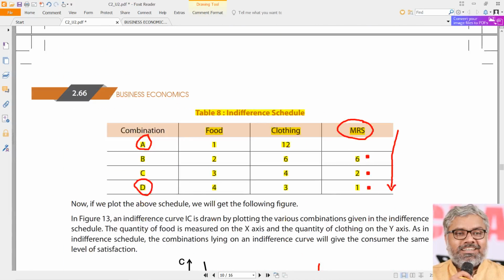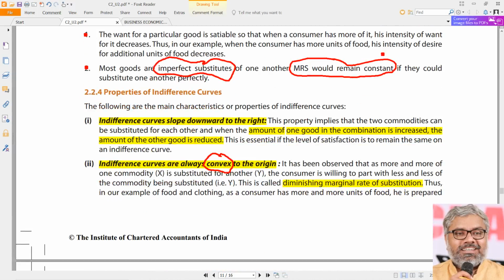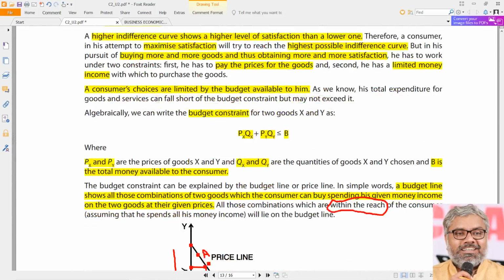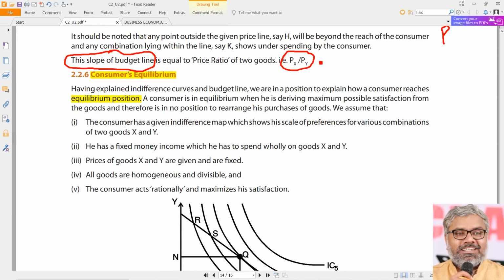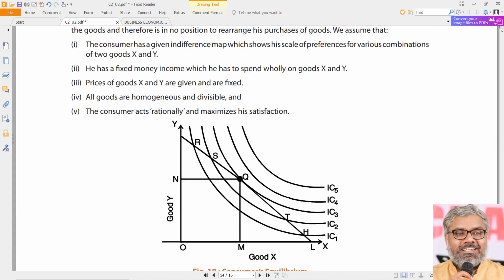Same thing once again can be explained by using indifference curve analysis and the price line, or budget line, also. Here also what we are saying is that consumer's equilibrium will be when MUx divided by MUy is equal to Px divided by Py. But the context is different. When will it be equal?